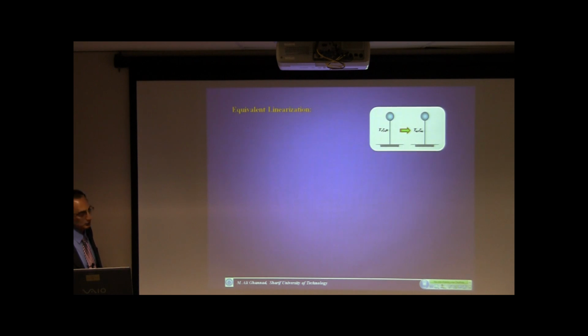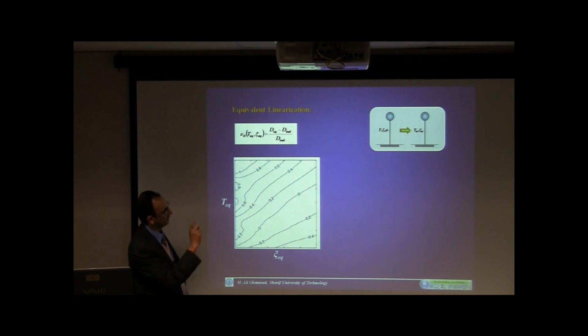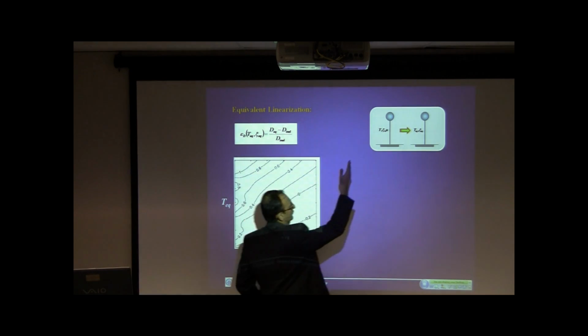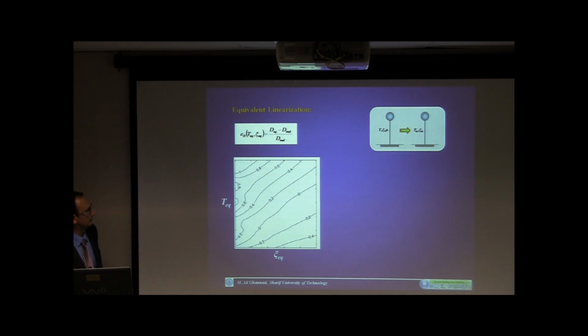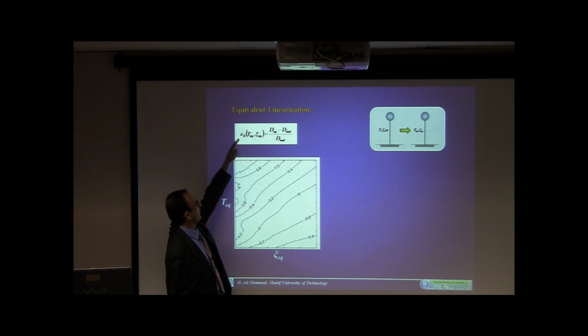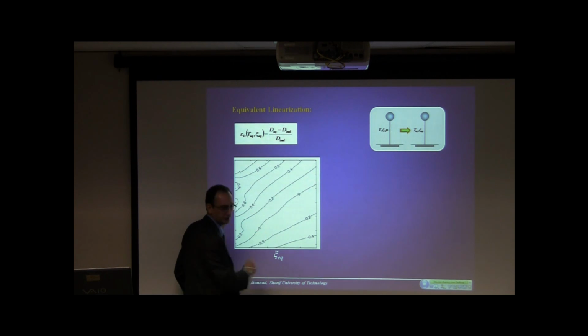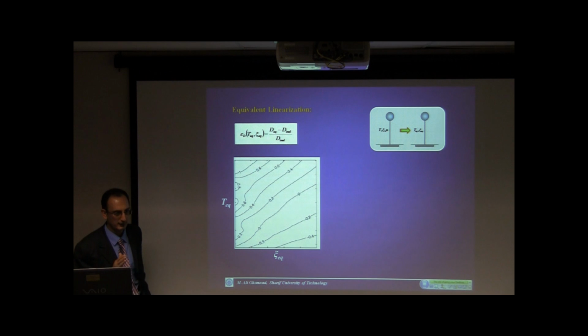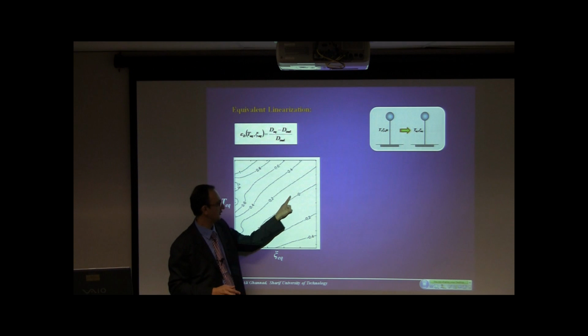So first, I need to talk about the concept of equivalent linearization that Professor Ivan used. It's an error index, which is the difference between the responses of this original system and this equivalent system divided by the right answer. So in a plane, equivalent period and equivalent damping. In this plane, we can search point by point to find it. That's the error. Of course, there's no unique answer, and you can find a line here which is 0 error.